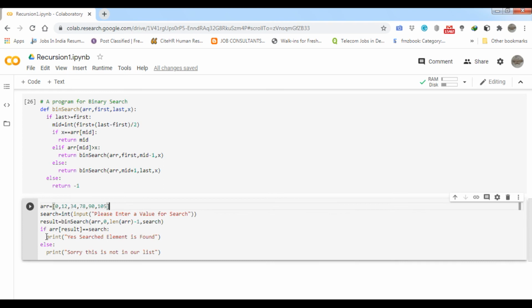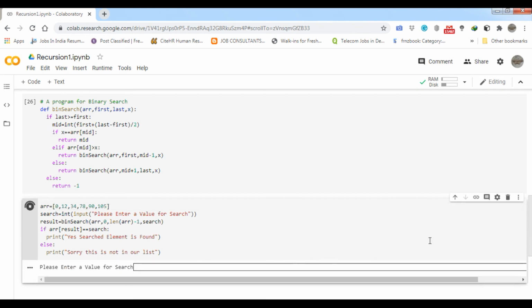Now I am going to check, with an if condition, whether my element is found or not. If the array at result is equal to the search element, it will say yes, search element is found, otherwise, sorry, there is no such element in our list. I am just running it.